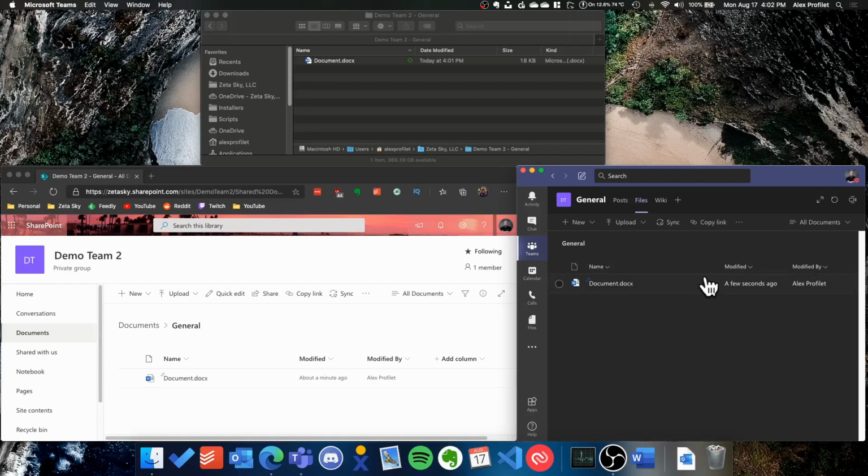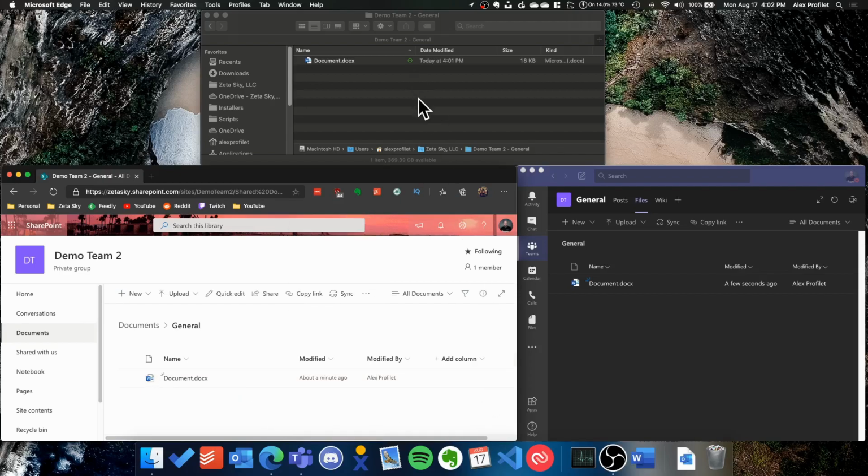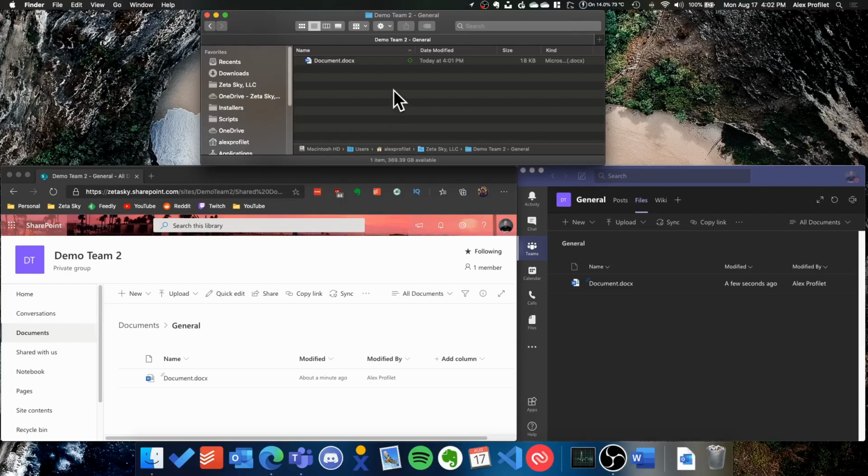So if you have that issue in either of them, you have options of opening it up in the local desktop application. But a lot of times in that case, just because you're more used to the experience of working in Finder or File Explorer, you may find that it's easier to do some of the more intensive stuff in File Explorer